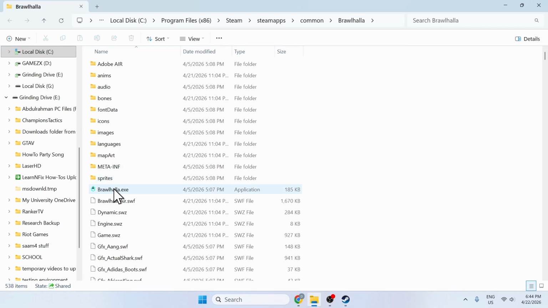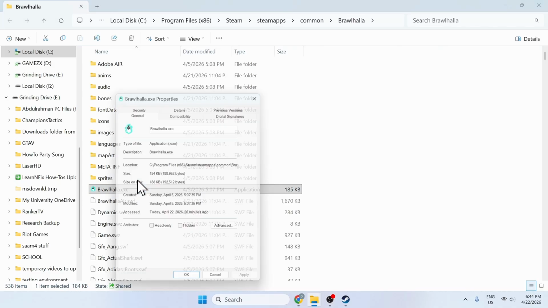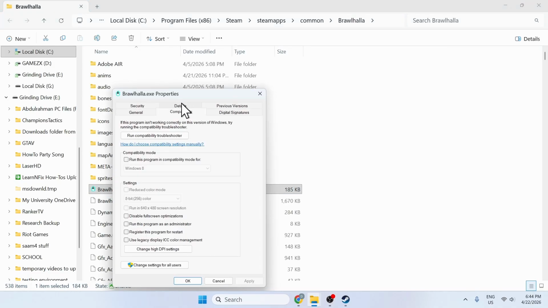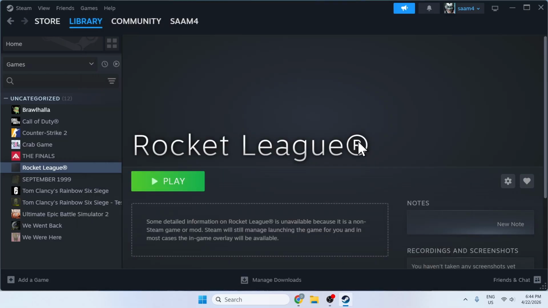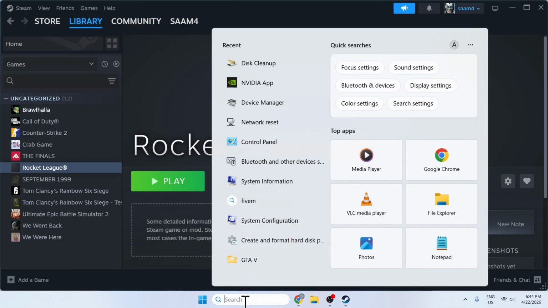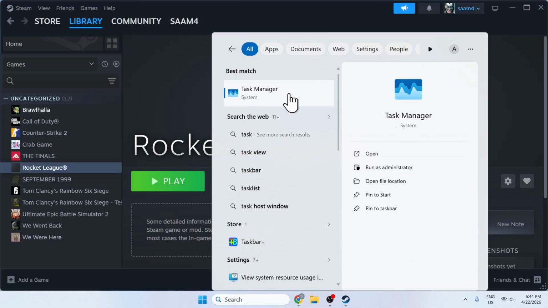Over here, you'll see something like Skyrim.exe. Right click on it, Properties, Compatibility. Enable this option, then choose Windows 8, enable this one and this one, and then click Apply and then click OK. Then relaunch the game through Steam, and before relaunching it, make sure that inside Task Manager